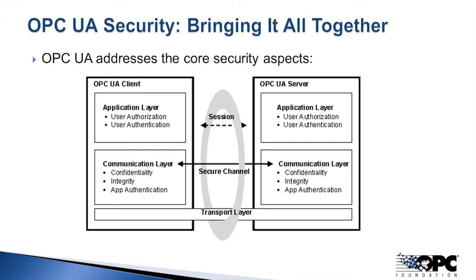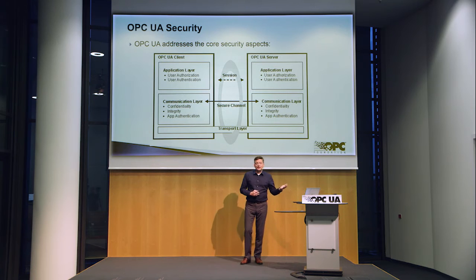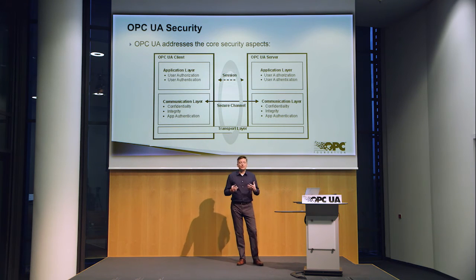Now, when we look at OPC UA, it actually structures how you build up the trust or the connectivity between a client and a server, or something that behaves as a client and a server. Okay, so basically you have your transport layer, which identifies how you move the information across the network. So you might have binary data coming over TCP. You might have XML data coming over HTTPS. But basically, that's your transport layer. OPC UA is able to swap in and out different layers that sit underneath. For example, in the pub sub, we're looking to swap that out, and it's going to go over AMQP if you're publishing out. But basically, that's flexible.